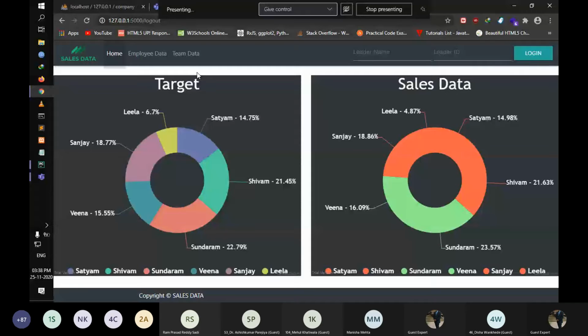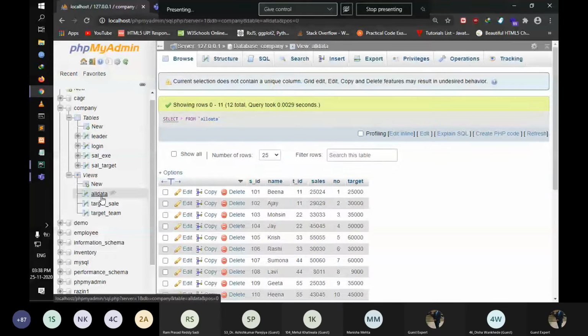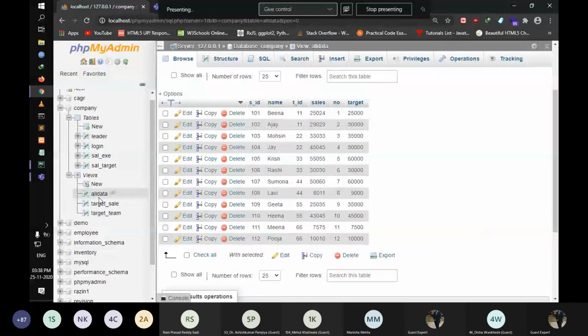That we are calculating the calculation happens in the view here actually. Not calculation, but we are taking all the data and we're creating a view for all data, and then using this data we are fetching and displaying the values in the charts and in the HTML files.